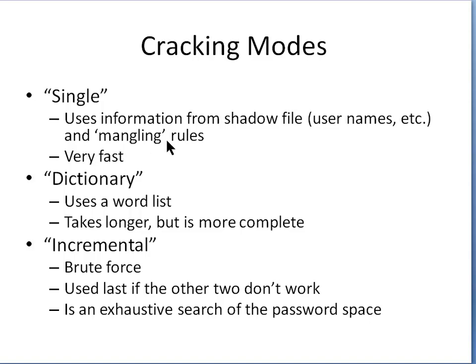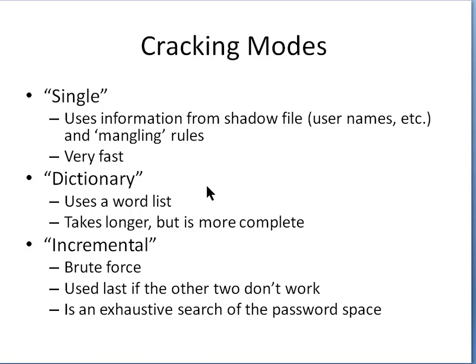And then it adds mangling rules to this information, and the mangling rules will essentially take this user information and then add numbers before or after, or reverses the order of the usernames and uses those as the password. Because it's got a limited amount of information with which to work, it works very fast, but you see a lot of times that users will, for example, if a user was named Sally, they may put Sally 2010